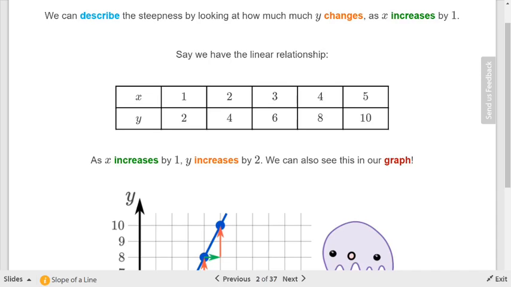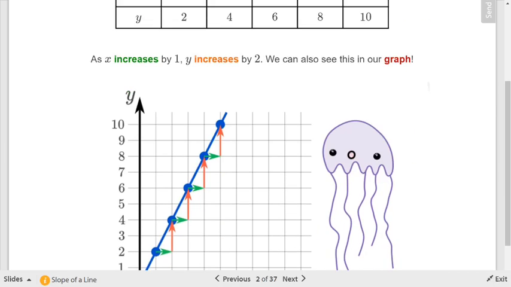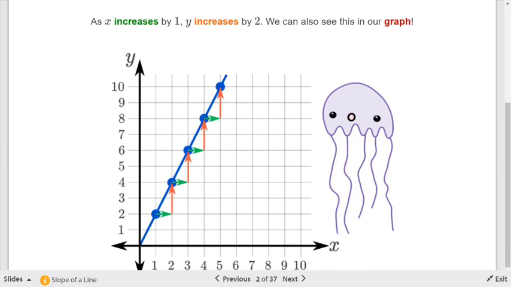It doesn't always have to be by 1. It can be more, okay? But look at what we have here. We have our graph, right? And so they just picked 2 points, but I disagree with their method a little bit because it gives you the impression that you do the x first, but slope is always the y first, the up first. So instead of counting like they've done, what I want you to do is